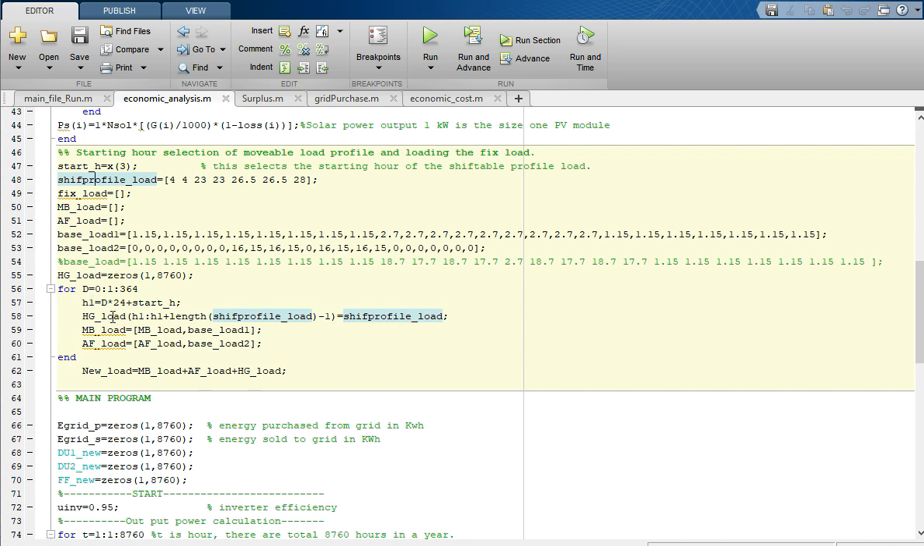To convert this into hours, here is HD load. So where it should be placed on each day, this shiftable load will be placed at this index starting from H1. H1 will be decided by this start R, just added with the day at which we want to add this. It will run for the whole year, and this will be the starting point H1, and how many points this load should be played for is dependent on the length of the shiftable profile load,